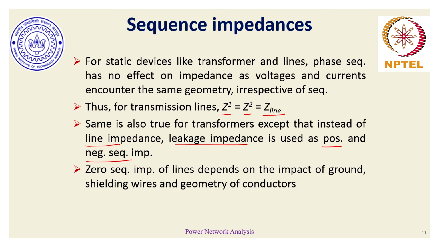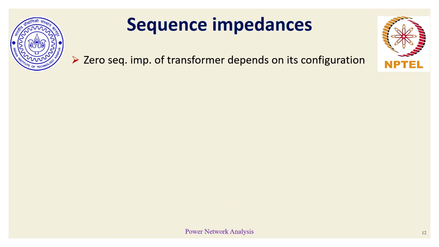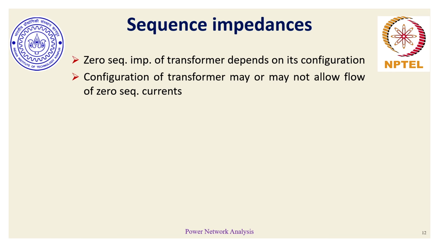Zero sequence impedance significantly depends on where the ground is connected or whether shielding wires are present. So zero sequence impedance of lines is usually 3 to 5 times the corresponding positive sequence or negative sequence line impedance. For transformers, it all depends on the configuration of the transformer, whether it is star connected, star ungrounded or delta. The configuration of the transformer may or may not allow the flow of zero sequence currents, and